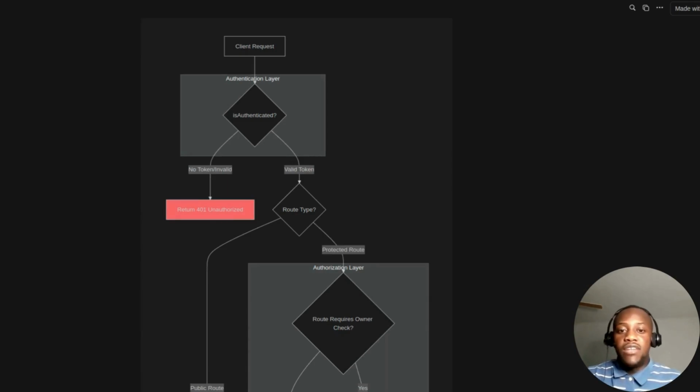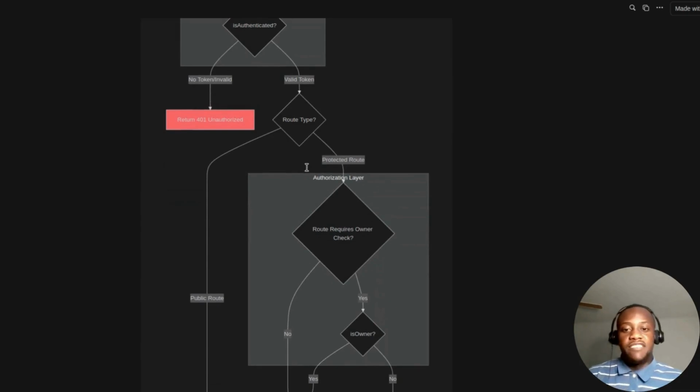If you have a valid token, what we'll do is we'll basically check, okay, cool. There's route types. There's public routes, which are just routes that are publicly available to everyone. So think of this as login and sign up pages. On Facebook, everyone should be able to sign up and log in. You don't need to be logged in to create an account. You can go to the sign up page, you can go to